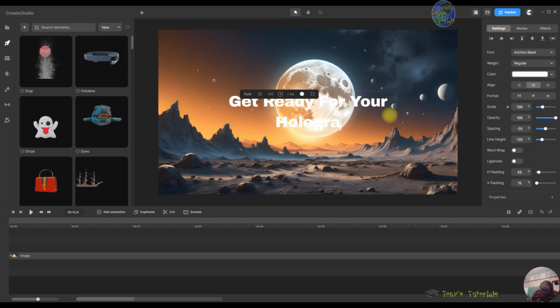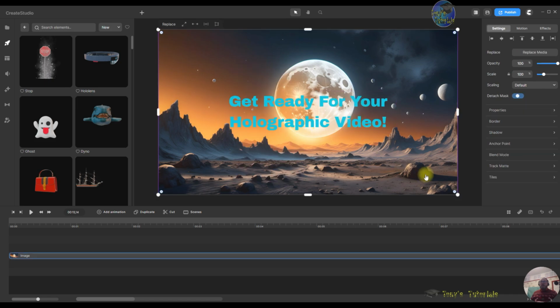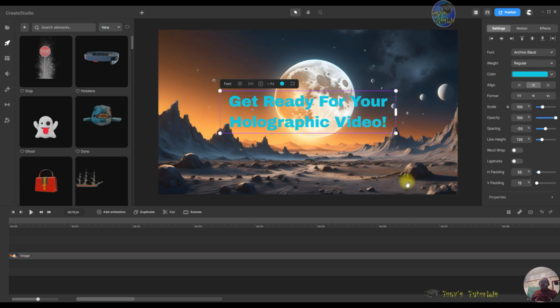hologram video, or holographic video I should say. Change it to holographic video, right? And I'm just going to put a capital exclamation mark in, and then I want to select it all and change it to a light blue color like that, right? As well as that, I want to select it again, and I want to go down on the